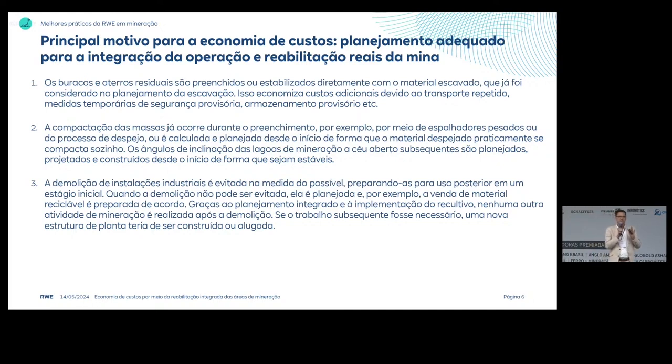So I don't go into the details of this in the next slides, but the most important thing is that you need to have, and most important to save the costs basically, you need to have a plan for the rehabilitation already during the actual mining operation, so that you can directly utilize the actual mining operation and some waste material, for example, for the later rehabilitation. And you can also, the closer you come to the end, change your actual mining process in such a way that, for example, the slopes are already formed in such a way that you do not have to touch them later on